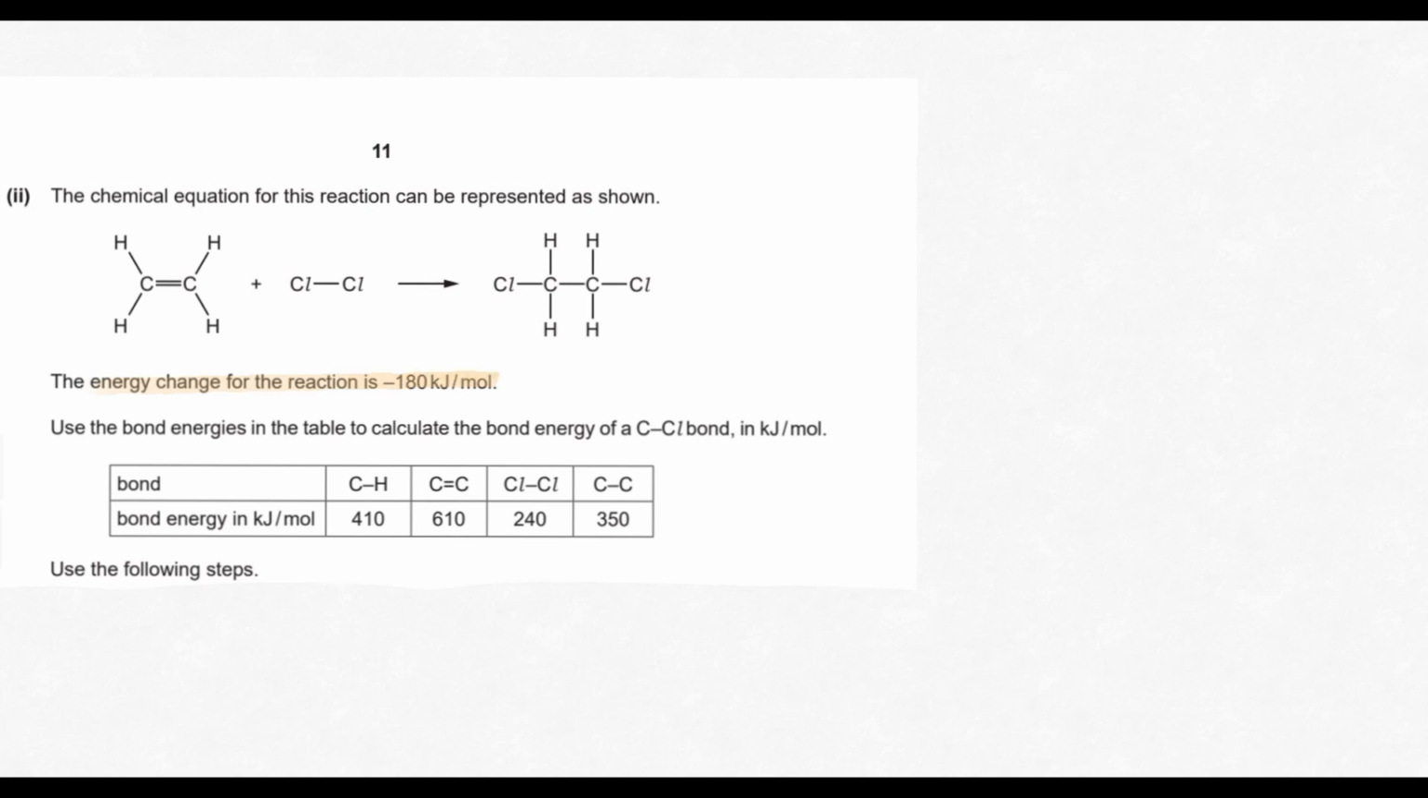Now we need to use the bond energies in the table to calculate the bond energy of a carbon-chlorine bond in kilojoules per mole. We can then see our table with our different bond energies, and then we're going to start. So the first thing that we're going to do is calculate the energy needed to break the bonds. So we can see that we need 4 carbon-hydrogen bonds. We also need to break 1 carbon-carbon double bond, and then of course we need to break 1